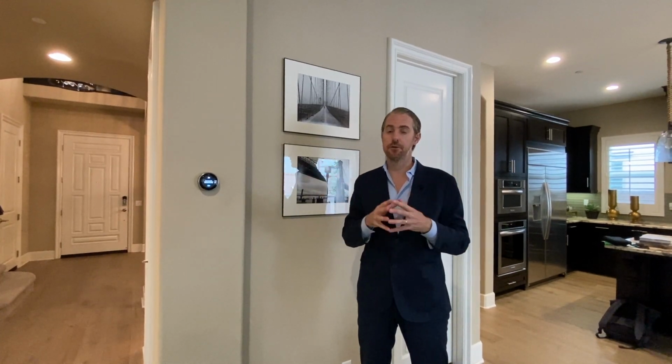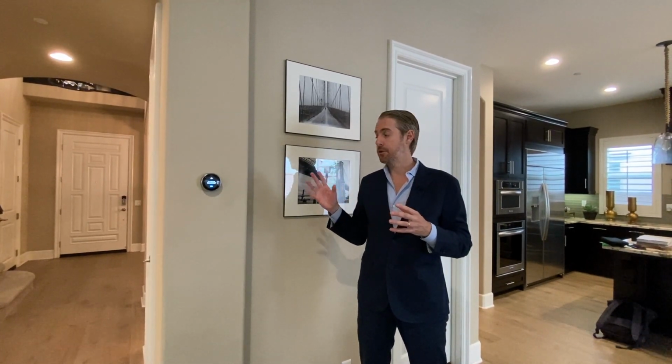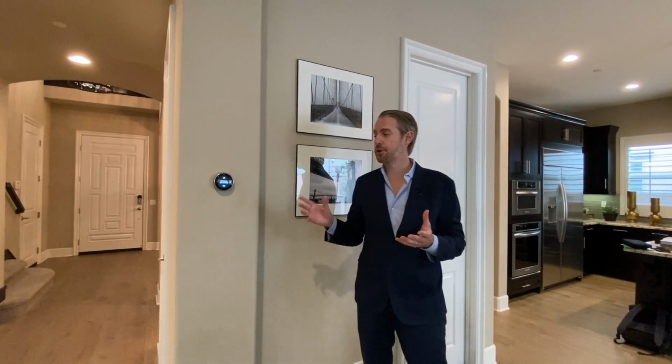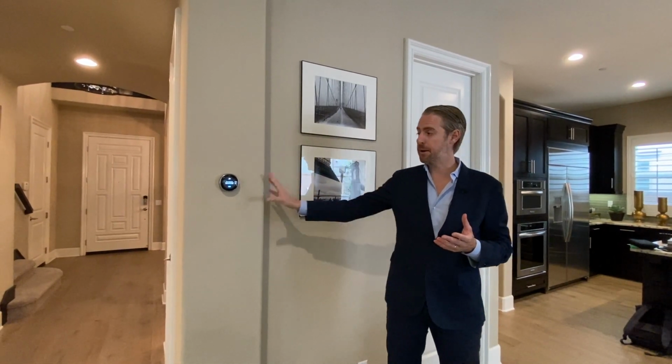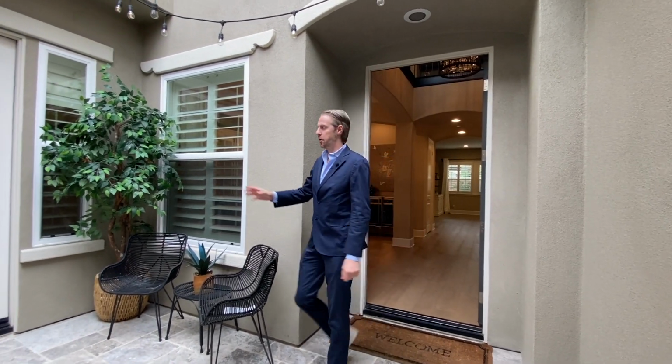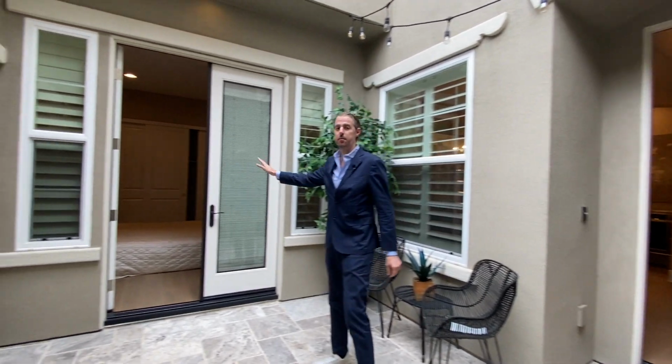And this is part of the Nest system. It's the other station that connects the whole house through the smartphone. So you can control air conditioning, heating system, temperature through your phone, and you have an independent station here and one upstairs. And now we're moving here to show you this casita, which is independent from all the rest